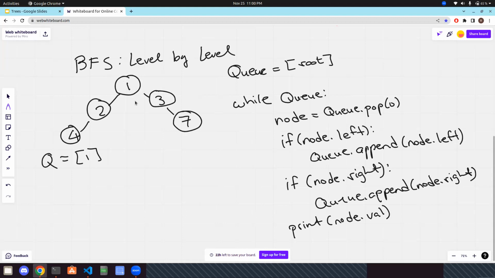At the beginning, we initialize this queue to have the root node, and to represent each node, I'm just going to use the value. So it's going to be 1. So while queue, so as long as there's an element in queue, what's going to happen is... I guess I'll do the first iteration. So first iteration,